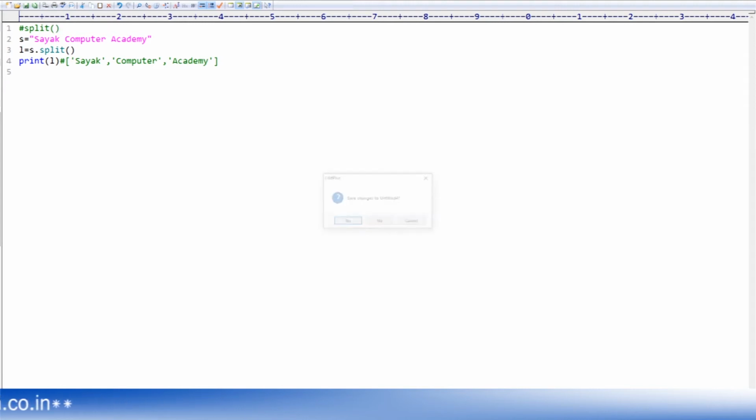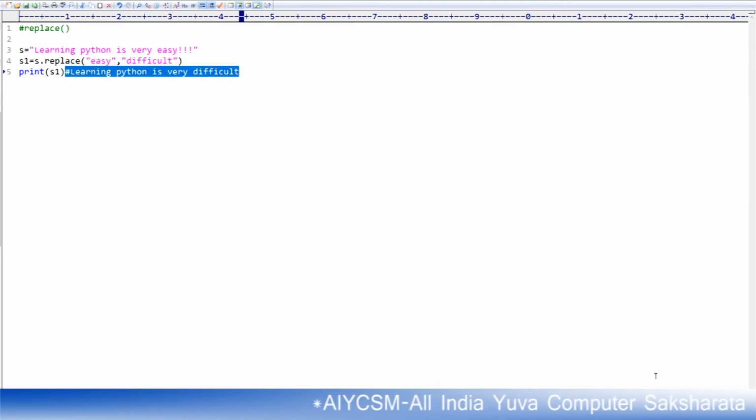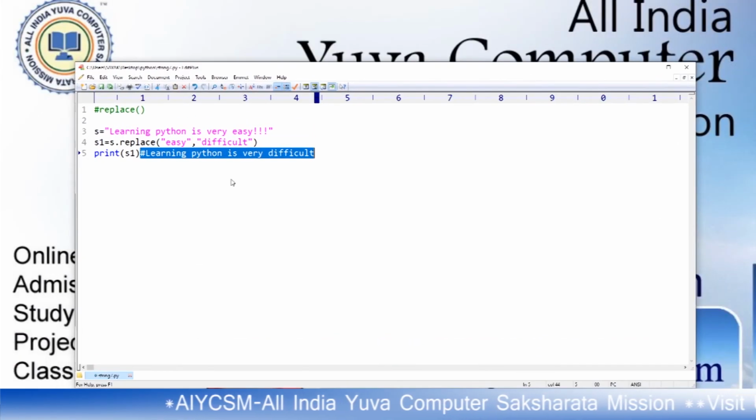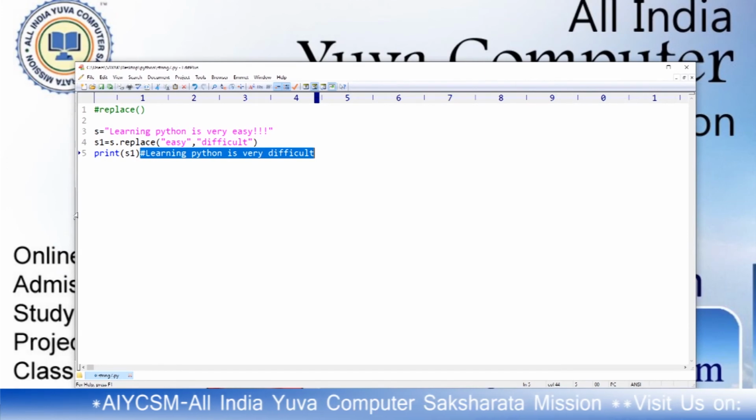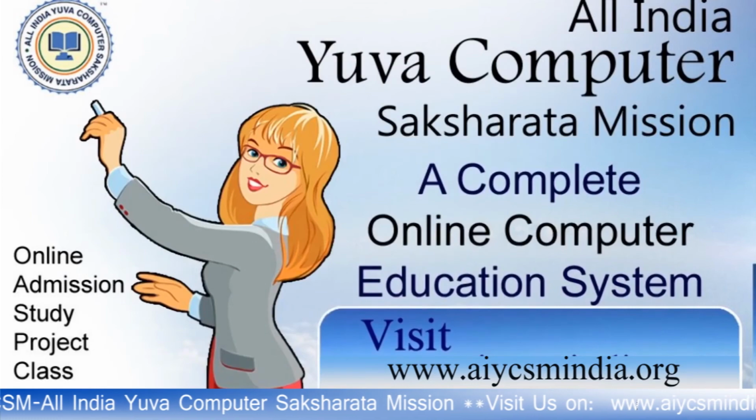Okay, yes, I can save this as string 8.py. Okay, save it. Now close it. Okay, minimize this, run it from there.